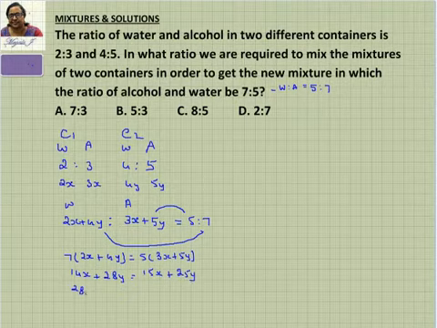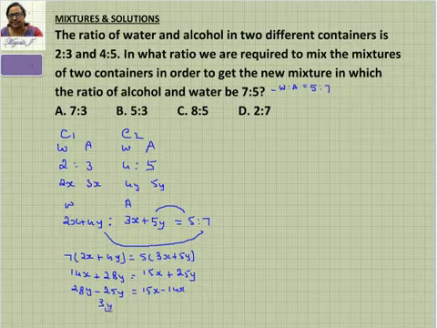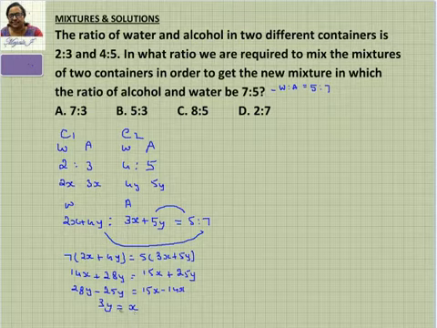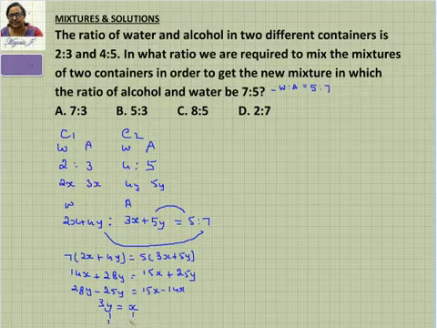This is going to be 28y minus 25y is equal to 15x minus 14x. So we can say 3y equals x. The minute you bring it in this form as 3y equal to x, you know what to do. So whatever the numerical value you have, assign for this. Whatever the numerical value you have here, assign for this side. So therefore, y is going to be 1 and x is going to be 3.